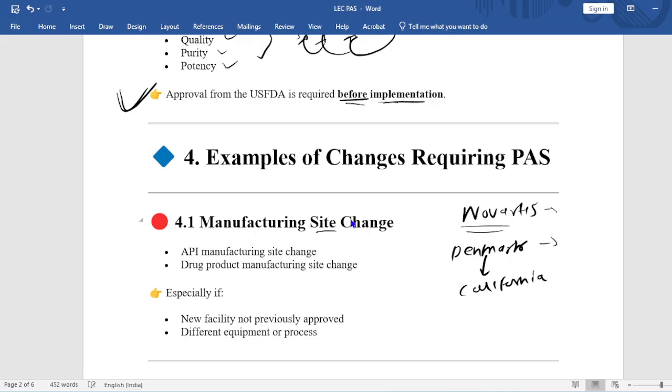In Denmark you can take any city like Copenhagen. So from Denmark they are transferring to the US, in California. This manufacturing site change is going to be a major change. So for this site change, first they have to approach the agency, the USFDA,